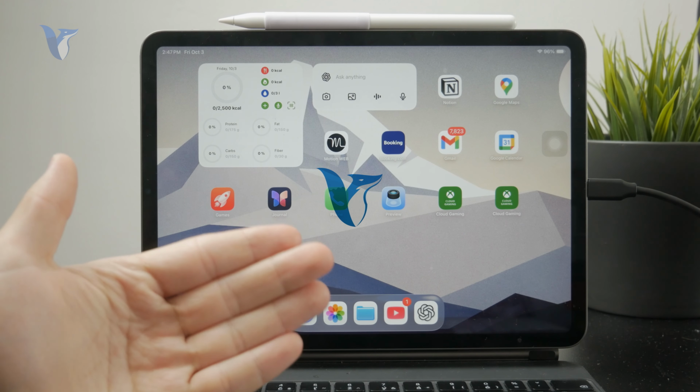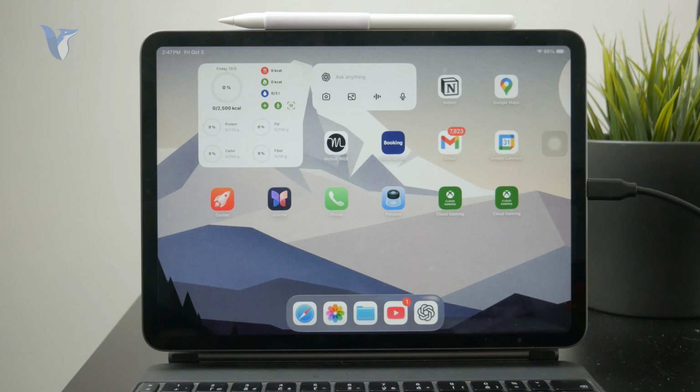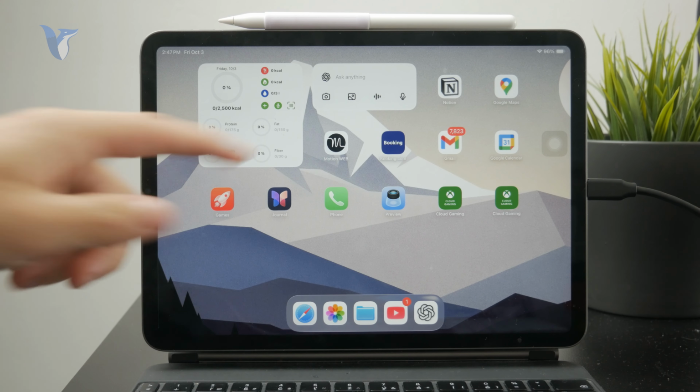Now, here is how you can remove old Apple ID from App Store on the iPad. Let's get started. So let me just explain that real quick, because if you go to the settings and go